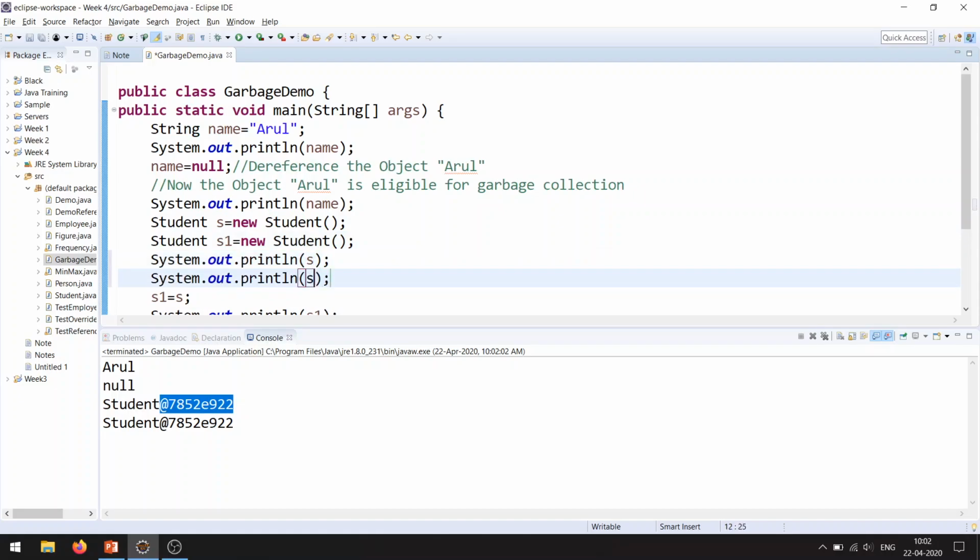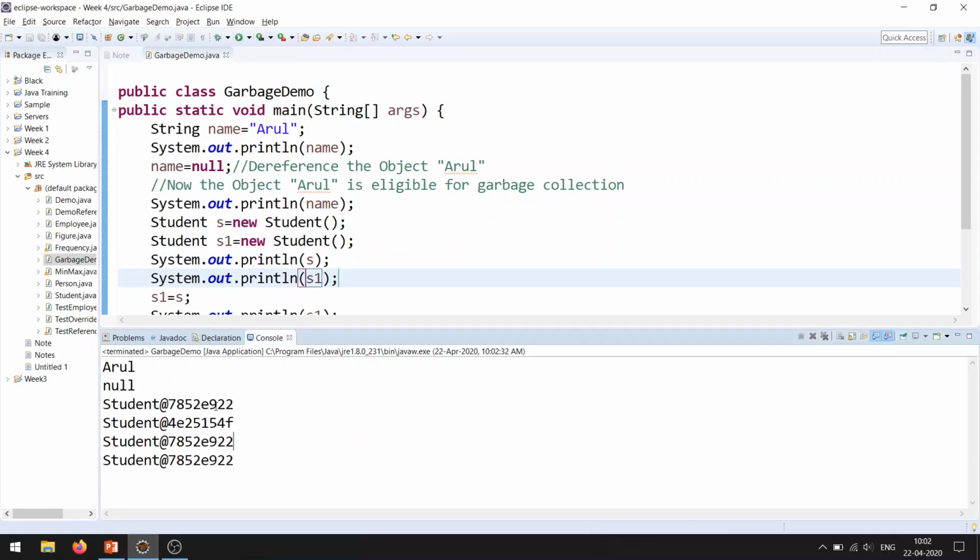After that line I'm going to print s1 and s2, right? The first address is the address of the object reference s2, this is s1, right? But in the last two lines what happened is we are retaining the first object reference and we have modified the second object.